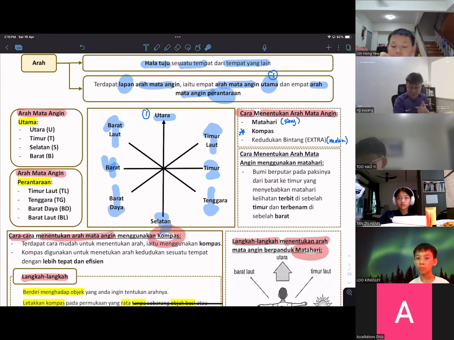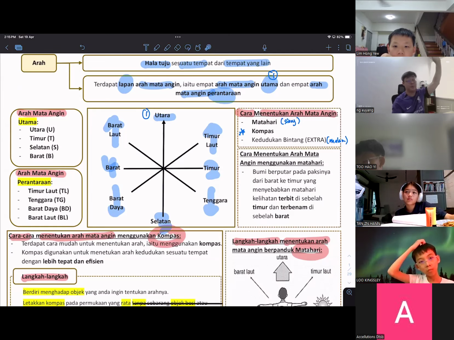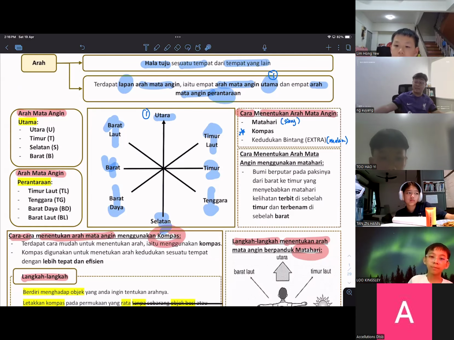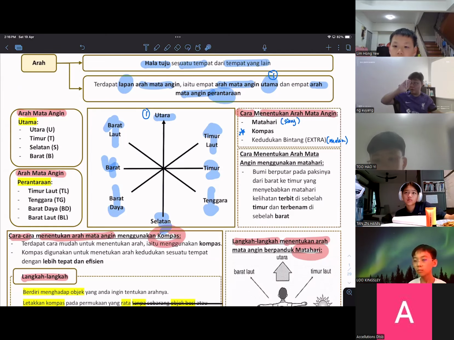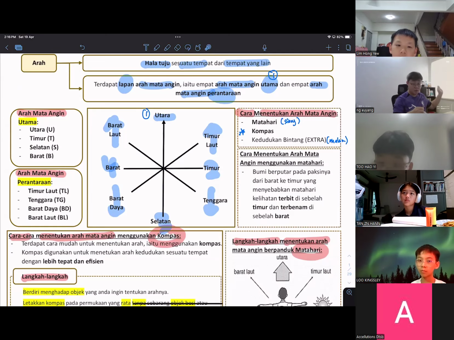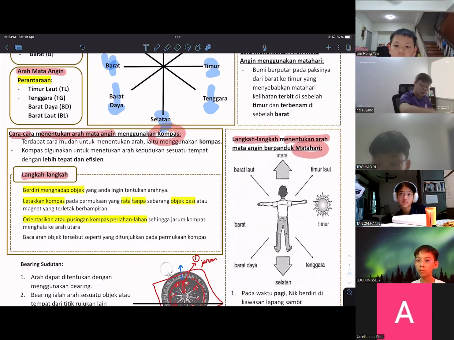Let's say before 12 p.m. So this is the sun trying to set before it reaches mid-noon, which means on top of your head. That one is considered as 12 p.m., right? So imagine it's before 12 p.m., let's say 10 a.m. or 9 a.m. The sun is actually rising from the east side. So you just face the sun, that is your east side, and the opposite of east will be your west side. So we just have to point the hand, then we can identify which part is the north and the south.